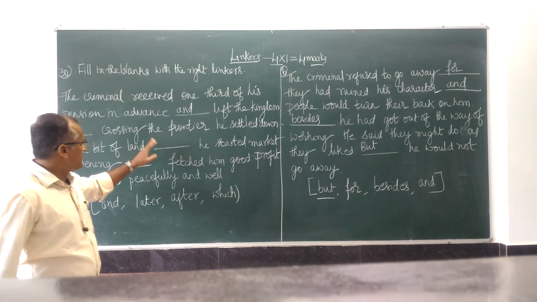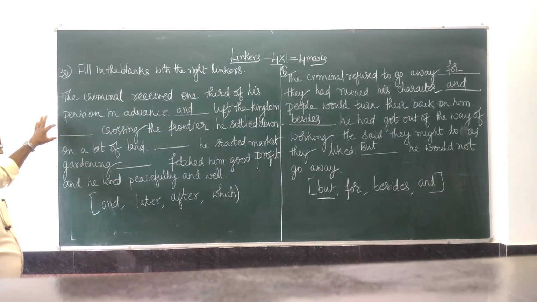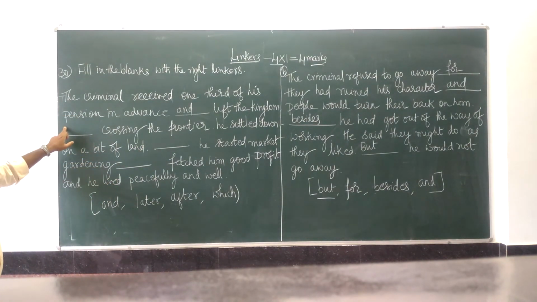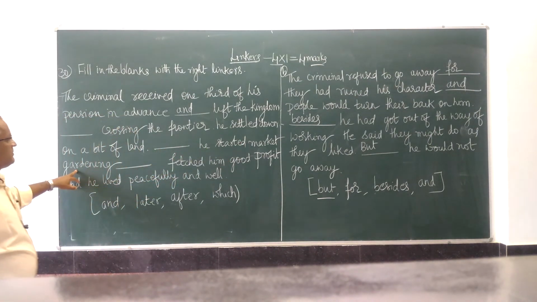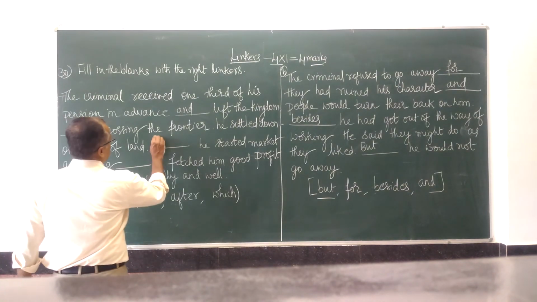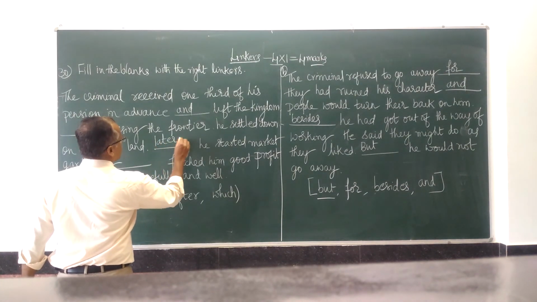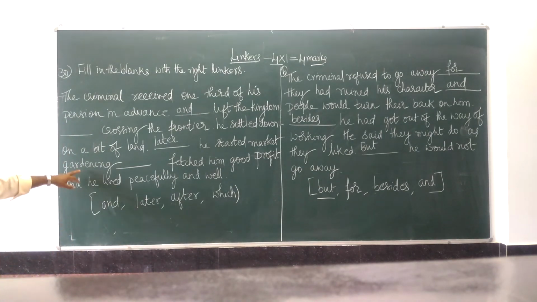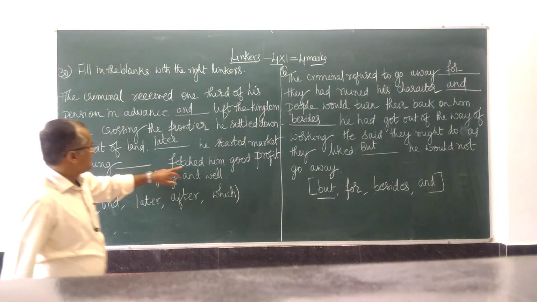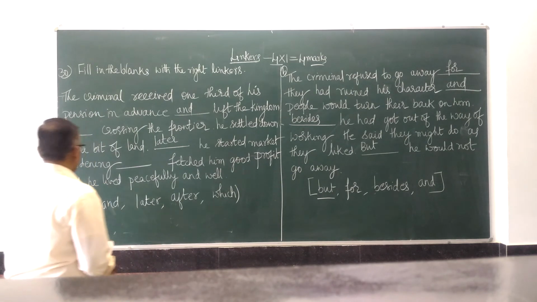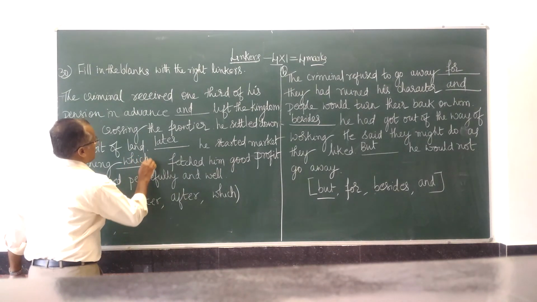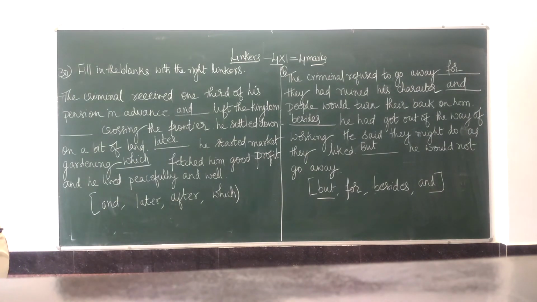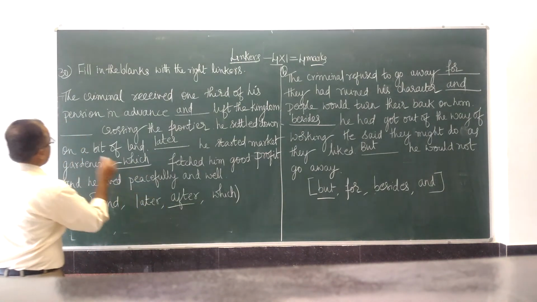Let me use later. Just imagine that after can be used here. Dash he started market gardening. Okay, I can use later: later he started market gardening. Dash fetched him good profit and he lived peacefully, and which can be used here, and then this after can